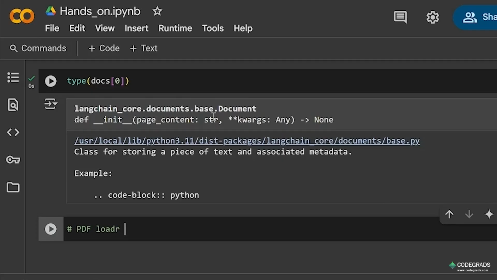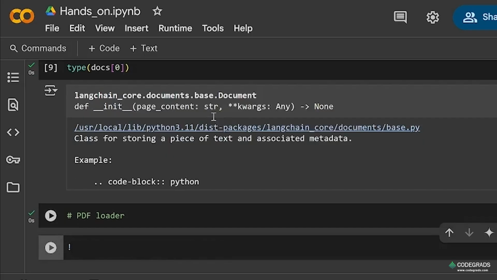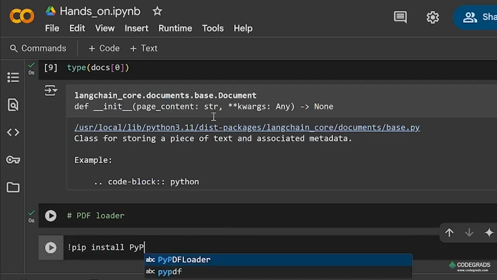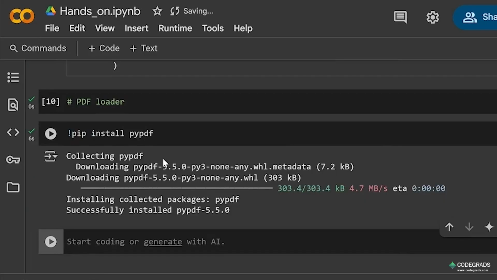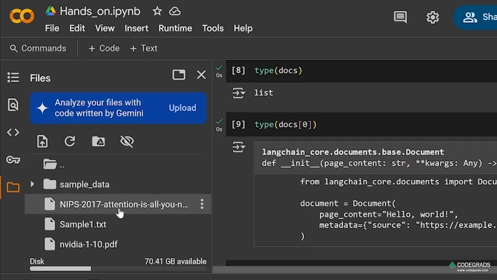PDF loader. For that we need pip install pypdf. Now from langchain.document_loaders import PyPDFLoader. We'll need PyPDFLoader, and we'll copy the path for the sample